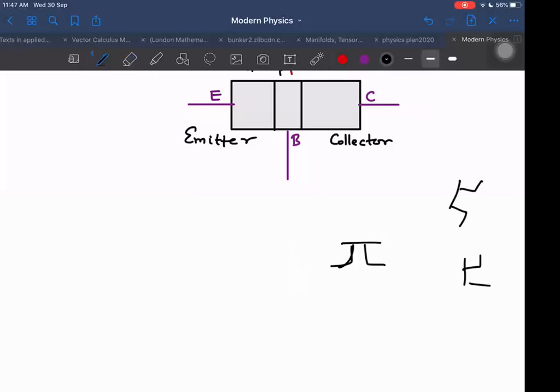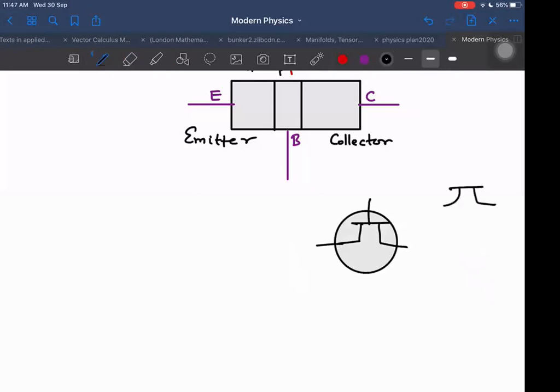Depending. For example, diode I can keep in many ways depending upon how the diode is oriented. Same way I can keep it in any way. But it should be pi type symbol finally. This is a pi. Sometimes we keep it in a box. And also we put a connection here in the middle of the pi. Means it is a pi with a connection in between. That is a symbol for it. You may find all such types. All these are same. I can say this way also.